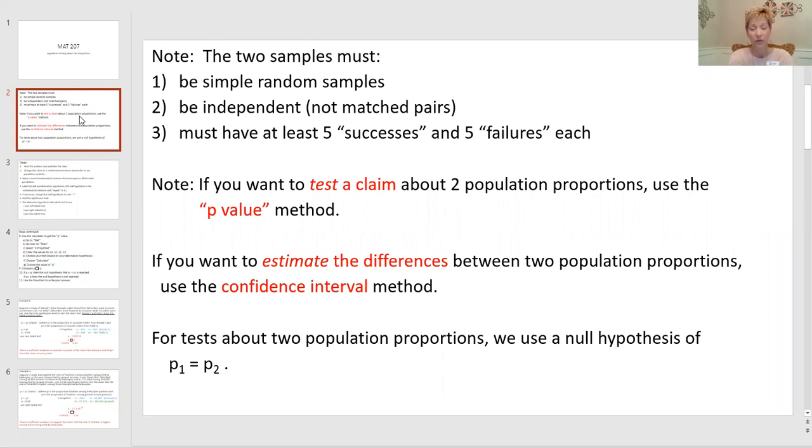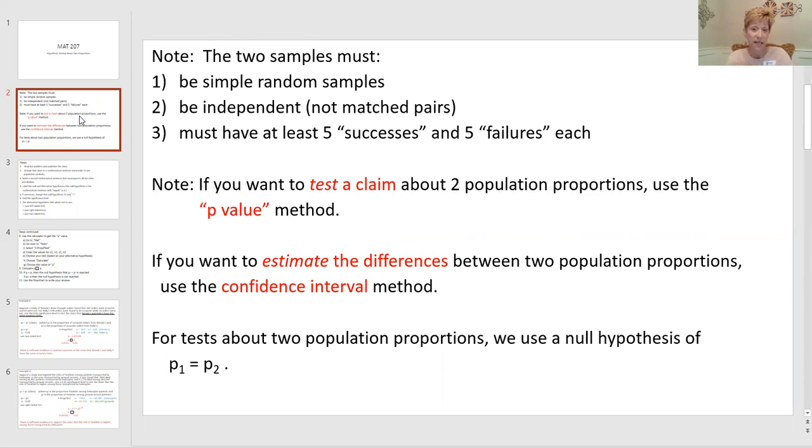The other thing that's true is for what we're doing right now to be valid, each of your samples have to have at least 5 successes and 5 failures in each of your two samples. So I'll alert you to what I'm talking about when I talk you through your examples in a second. Okay. Now, the book talks about 3 ways of doing this kind of testing: a P method,